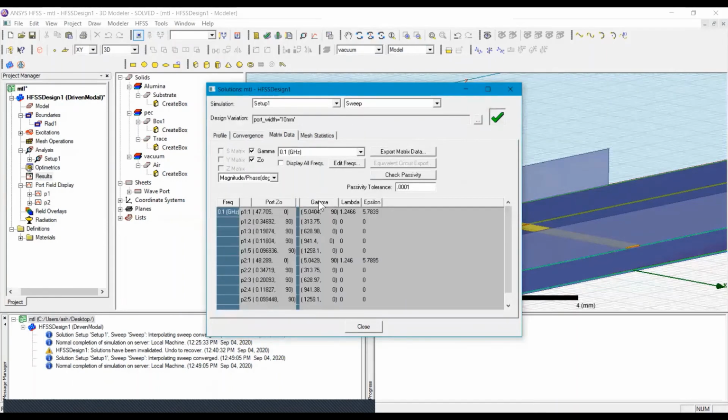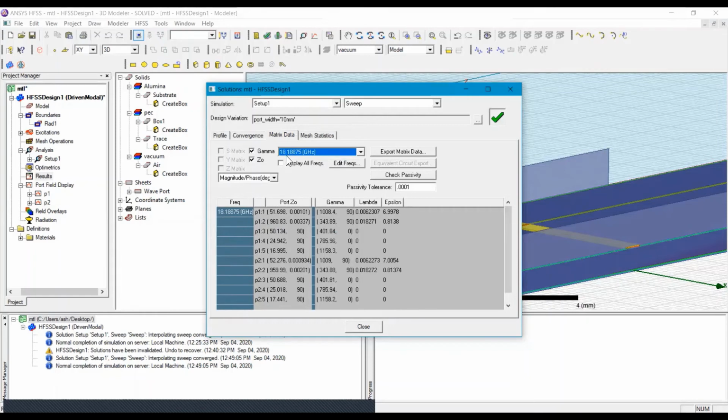When we click on gamma, then we can also see the propagation constant of the corresponding ports. And we can also select the frequency from here, because our solution frequency was 18 gigahertz. When we select 18 gigahertz, we get different values of impedance at the different ports, and similarly different gamma values are here. So this is the matrix data of our simulation, and it provides most of the information about our design.